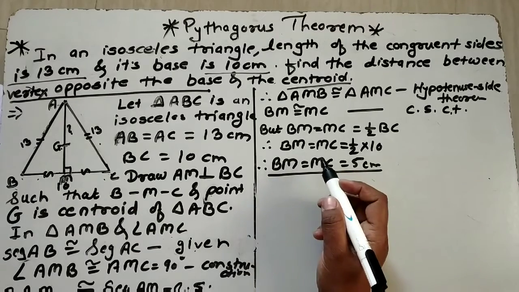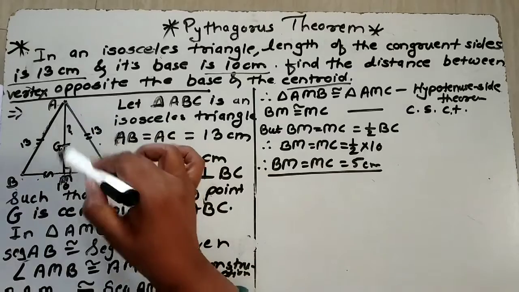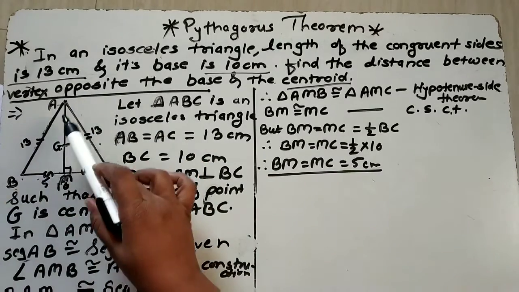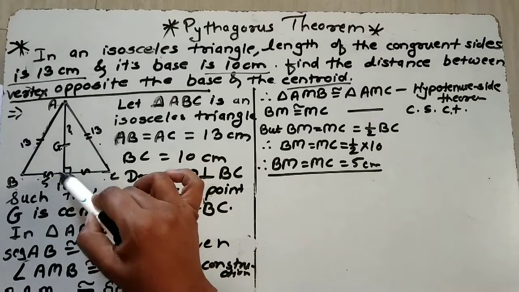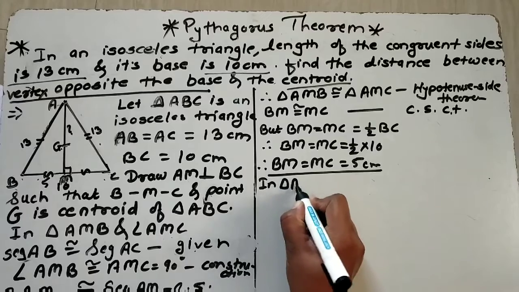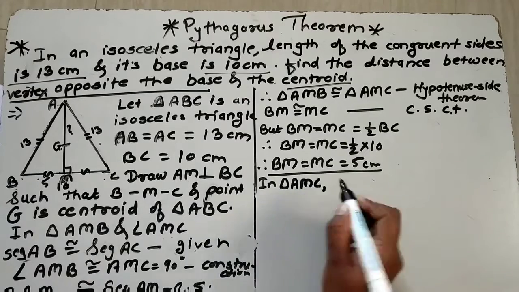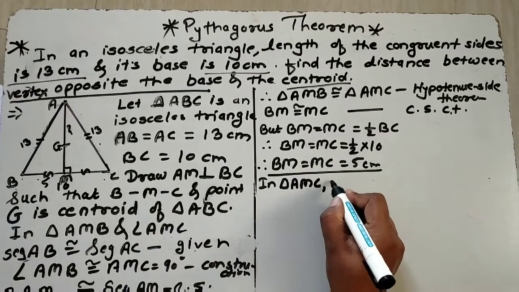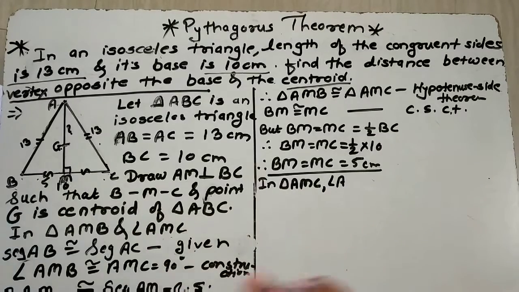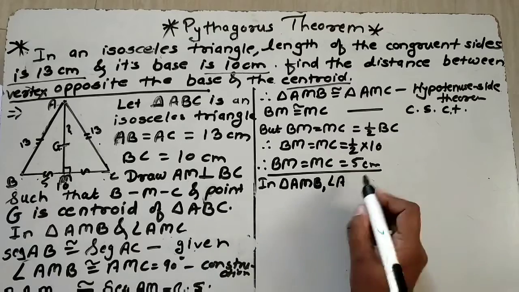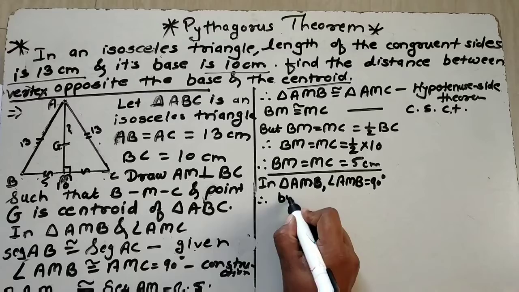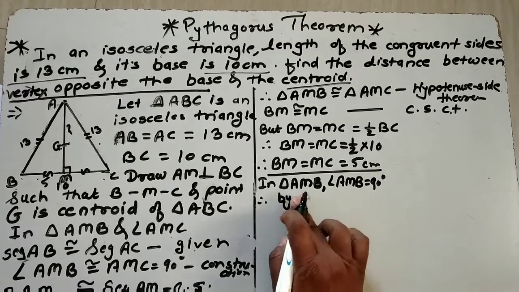Now we will use the Pythagoras theorem in triangle AMB. Here this measure we got is 5. So if we use the Pythagoras theorem, we will get the measure of AM. It is a right angle triangle. In triangle AMB, angle AMB is equal to 90 degree. Therefore, by Pythagoras theorem,